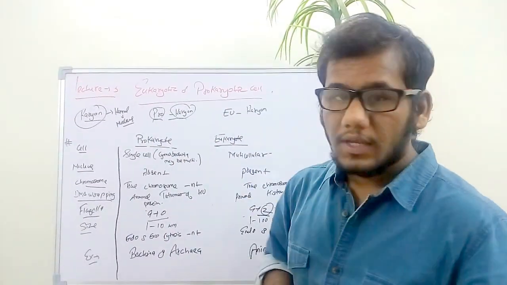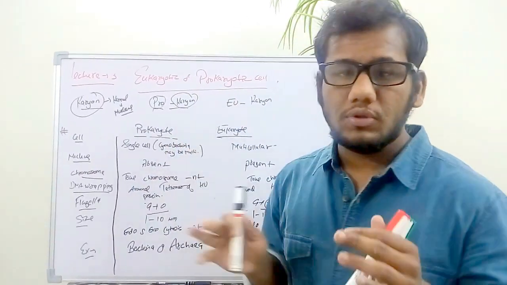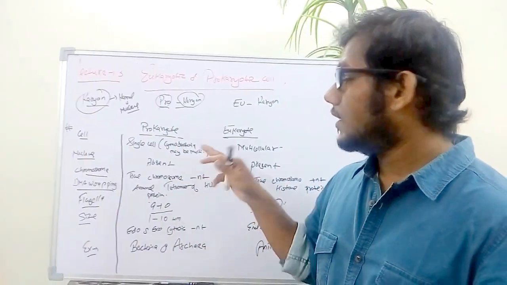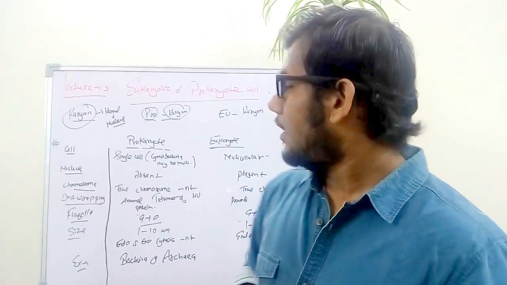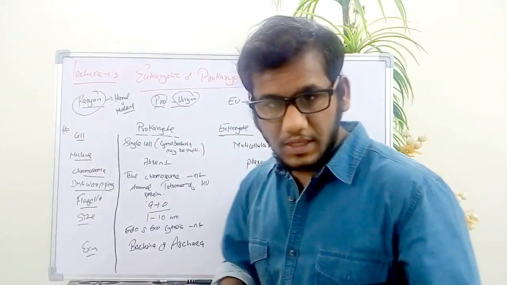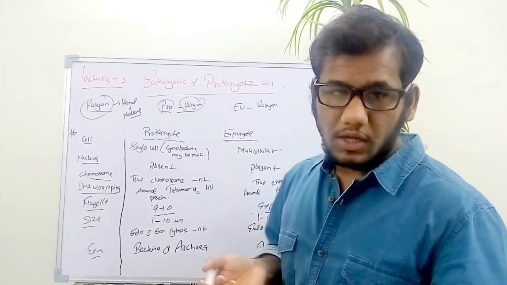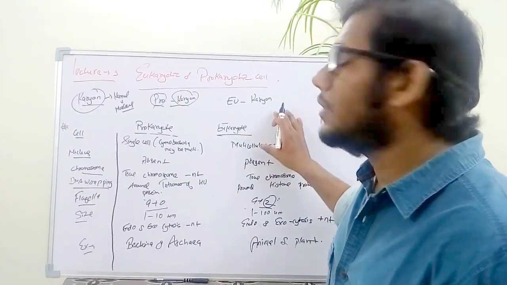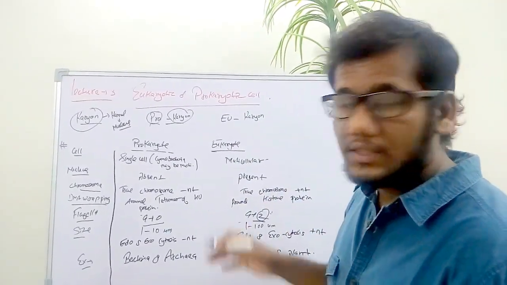In the prokaryotic cell the nuclear envelope is absent, so the genetic material is not enveloped by a nuclear membrane, and the chromatin material of the prokaryotic cell is scattered in the cytoplasm. Whereas the eukaryotic cell evolved after prokaryotic cells. In a eukaryotic cell, the nucleus is present and the nuclear envelope is also present. So the genetic material is enveloped by the nuclear envelope, and the chromatin material is enclosed in the nucleus, not scattered in the cytoplasm.